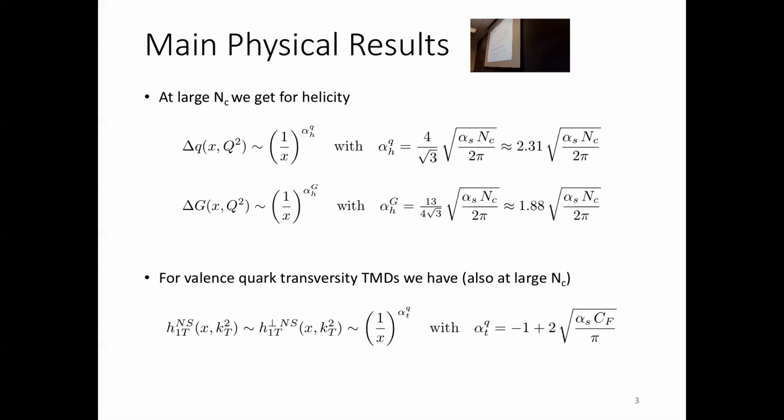What about the Soffer bound? For the Soffer bound, you have to compare this guy. It's certainly at low x much smaller than this guy, let's say, and then you have to add the unpolarized one, which is 1 over x to the power of 1 plus something, right? So, to complete the picture,